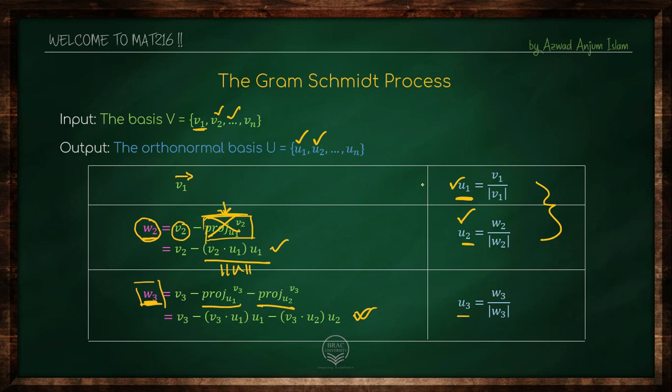If it's a 3-dimensional space, you will get just v1, v2 and v3, and up until this would be enough. If you have 4 dimensions, the basis will have 4 vectors up to v4, so you'll have to keep doing it one more step. So w4 is going to be v4 minus the projection of v4 onto u1, minus the projection of v4 onto u2, minus the projection of v4 onto u3, and you will get w4. If you divide it by its own length, you are going to get u4, and it goes that way. So you get the picture.